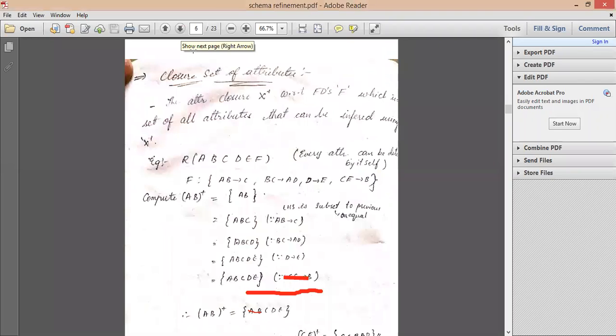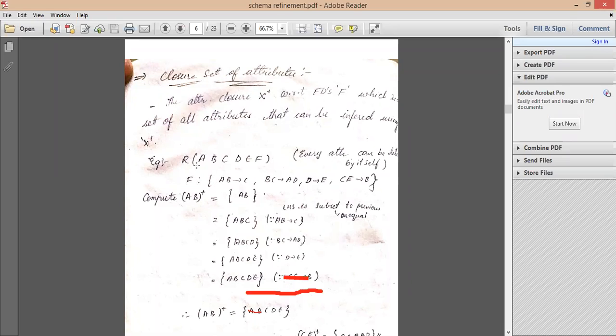Okay, let me come here. We'll see this one. Whenever we need to find a closure, how do we do it? Basically, we take each and every element here first and start finding where they go. Let me give you an example for one, then you can do the others.